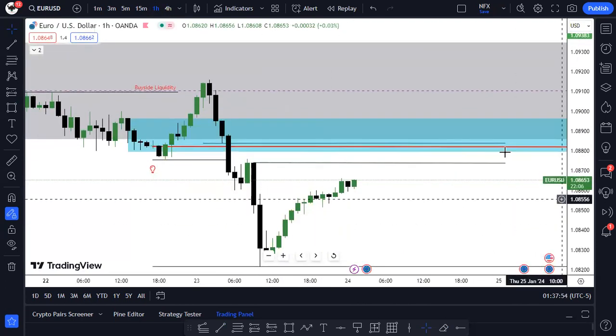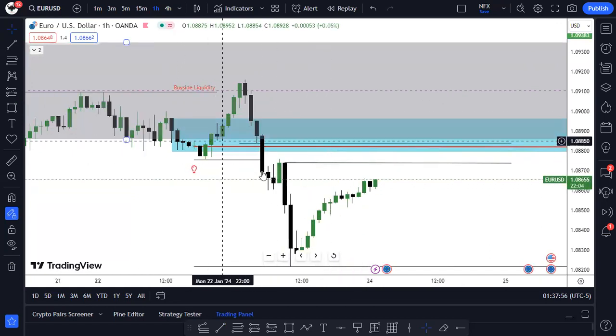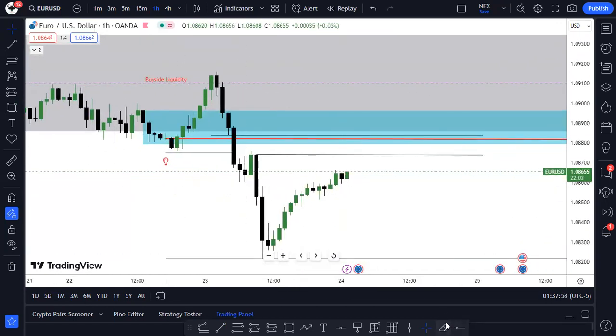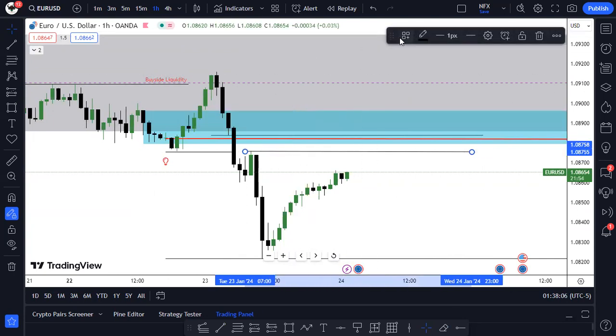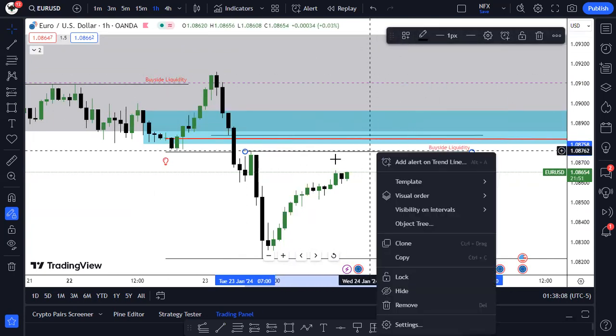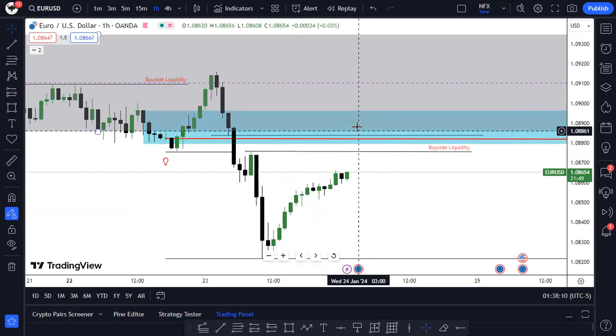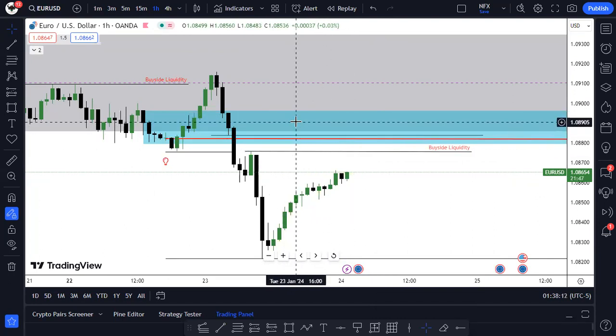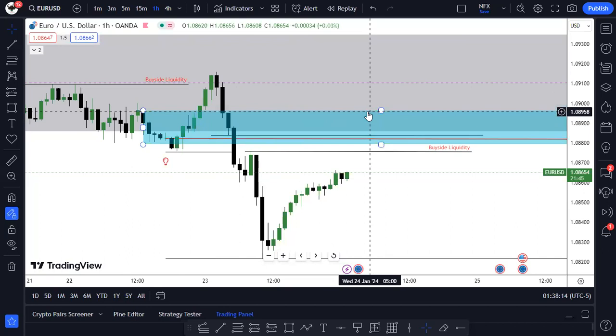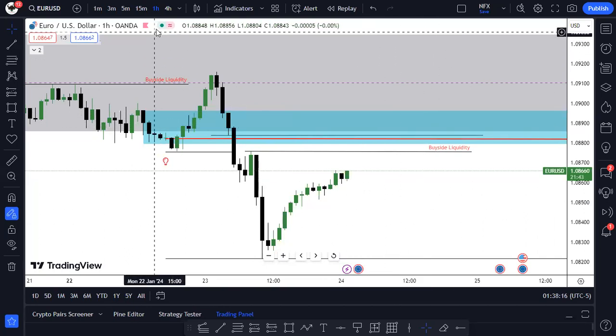So let's take a look at this on the hourly chart. What I love about this hourly chart is that we also have this high here coming up to this breaker block, which means we can consider that we have some sort of buy side liquidity to check out here, before tapping into the fair value gap, breaker block, and order block here. Then we can look for what? We can look for lower